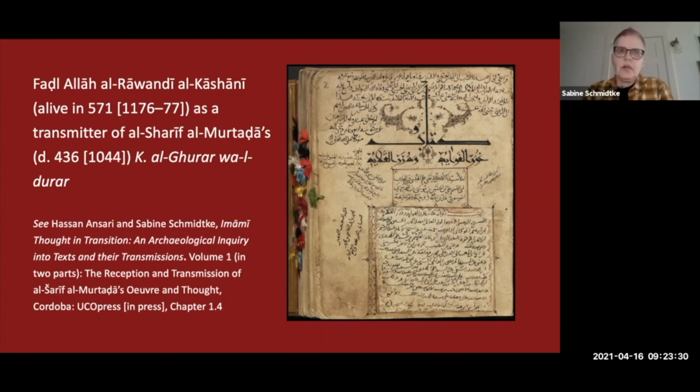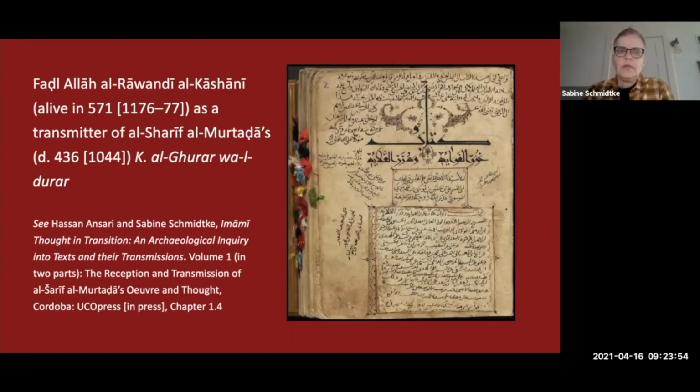The Kitab al-Rura, or Amali, is a work consisting of some 82 majalis, or sessions. These are concerned with Quran exegesis, hadith, adab and poetry, questions of doctrine and other topics. The book was extremely popular among both Sunnis and Shias from early on and has come down to us in hundreds of copies. Fadlallah Rawandi